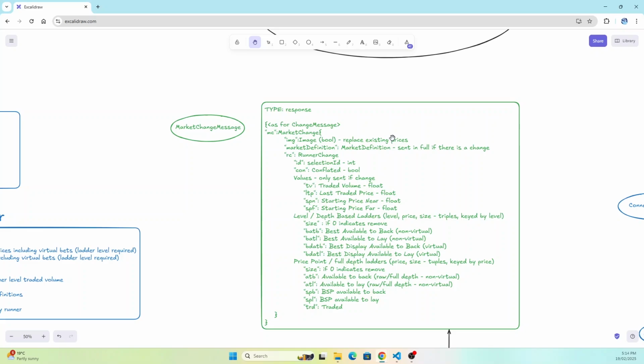Market definition is sent in full if there is a change to the market definition, as opposed to your runner changes, which only get sent if there's a delta. The entire market definition gets sent again if there's a change to any field in the market definition. So you've got the selection ID, the conflation boolean, true or false, then the values. So we've got traded volume as TV, the last traded price, the starting price near, so SPN, starting price F,